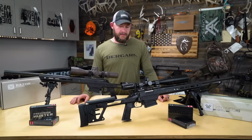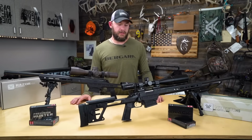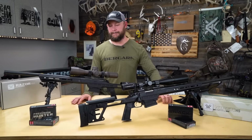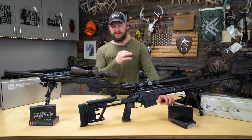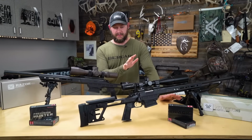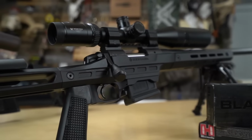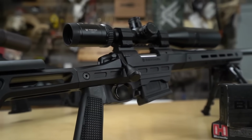Ultimately, that is going to lead to a little bit beefier of a kick. The 6.5 Creedmoor, you don't feel it at all. And I'll say that the 6.5 Creedmoor, the way this gun sits right now, I could shoot this almost all day, probably until the barrel melted. It's a dream gun. I like the cartridge. If you couldn't tell,